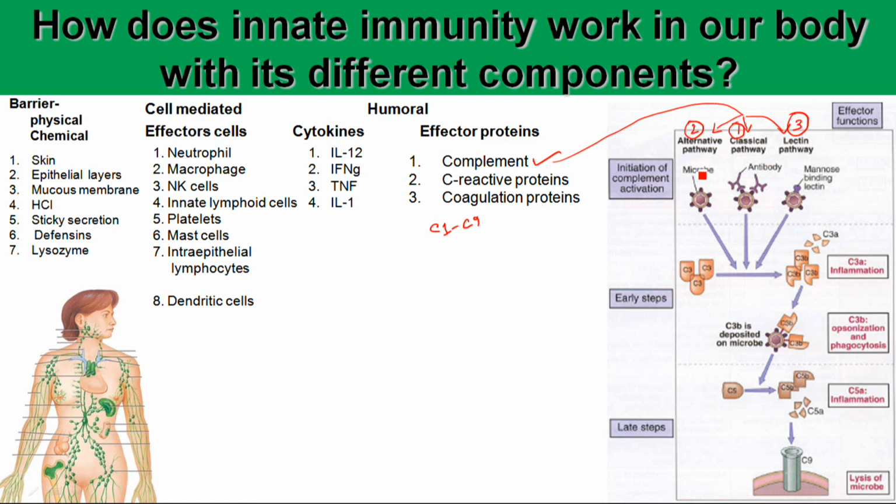The classical pathway is activated by the antigen-antibody complex bound to the bacteria, and the alternate pathway is activated by spontaneous cleavage of complement 3, which is spontaneously cleaving at the basal level in our body, and the lectin pathway is activated by the mannose binding lectin. Lectins are proteins that can bind to the carbohydrate of the bacterial cell surface and can activate the complement system. So in these 3 pathways, the complement proteins are activated, and finally all of these complement proteins